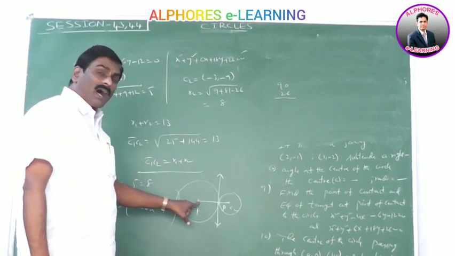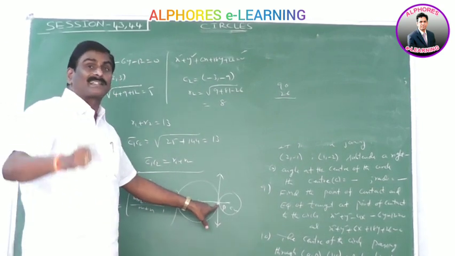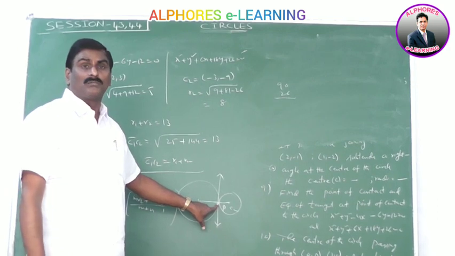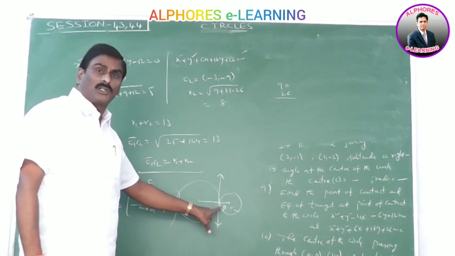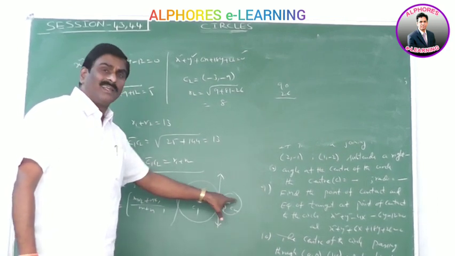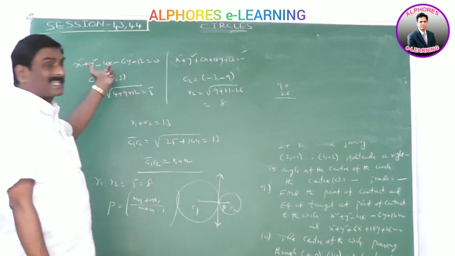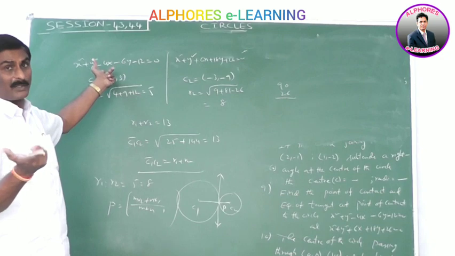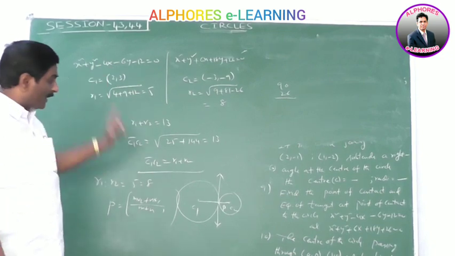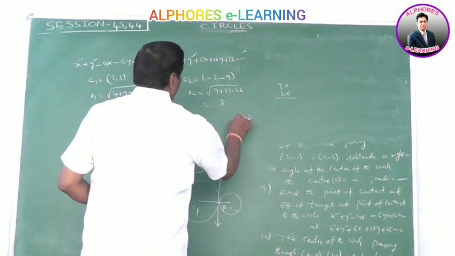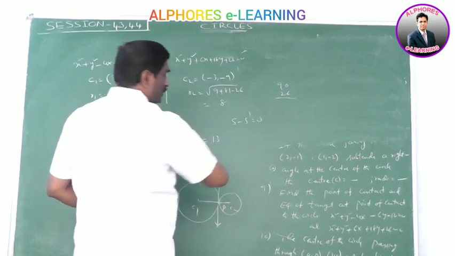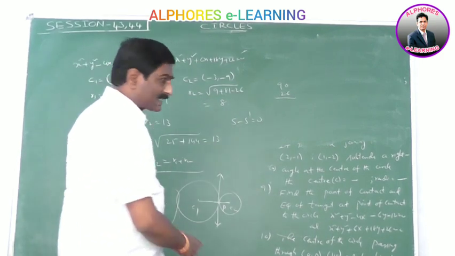The equation of the common tangent at the point of contact is nothing but S minus S dash is equal to 0. Or by using the property S1 is equal to 0 or S dash 1 is equal to 0, for the second circle or for the first circle. You take any one of the circles. But the simple formula, the equation of the common tangent at this value, is S minus S dash is equal to 0. Already in the last class we discussed this point.